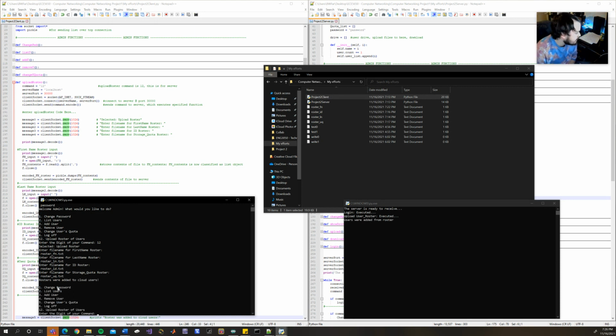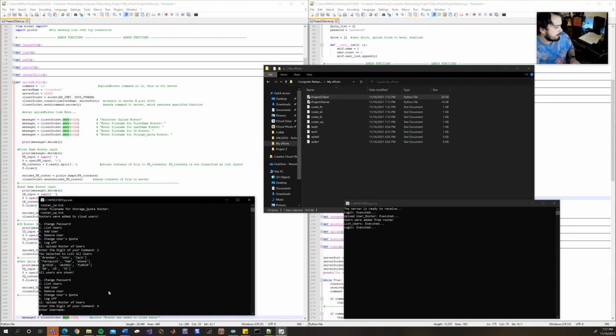Now it says rosters were added to cloud users, and the users were added from roster. So now if we go ahead and hit 2, you can see that the selected users, you selected to list all users, and here are all the users that were in the text files. Okay, and now I also wanted to show you when we log out, so that's going to be with 6,